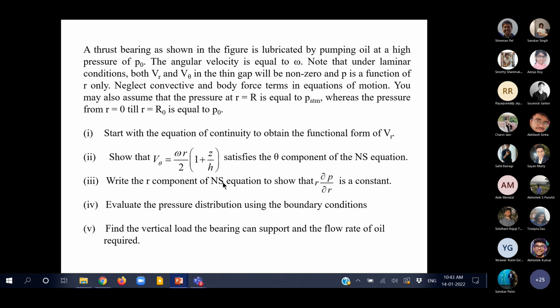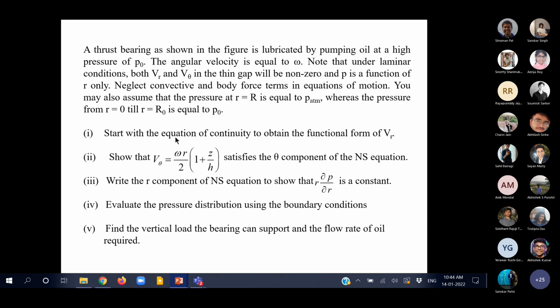the Navier-Stokes equation. So you solve the R component of the Navier-Stokes equation, taking into account that the convective and body force terms are to be neglected, which is definitely justifiable. So the R component gives rise to R del P del R being a constant. You can see from the form of the equation that R del P del R is a function of R only, whereas the right hand side is a function of Z only. So together they must be equal to a constant which we denoted as K, and then this